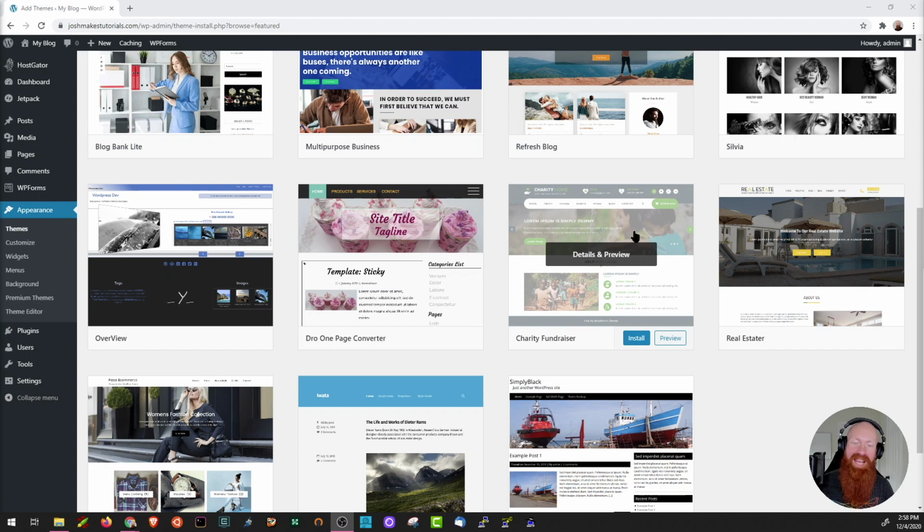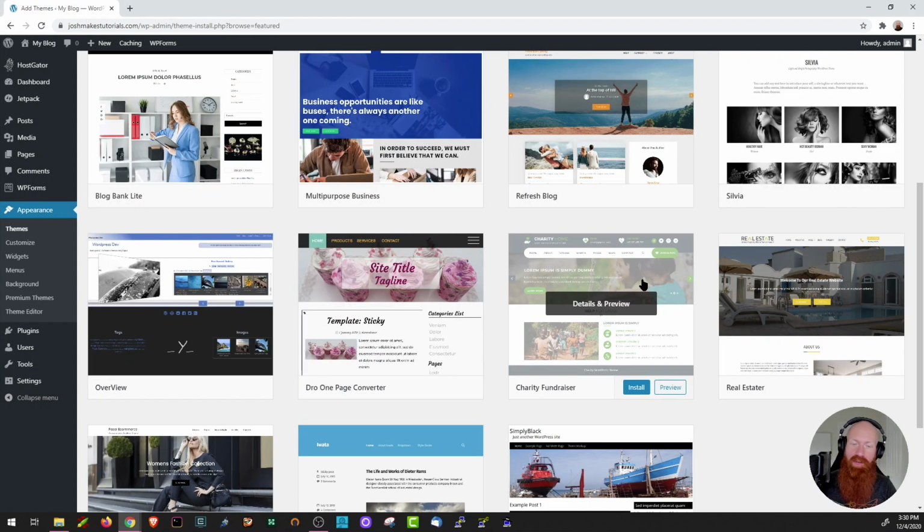Now, one important aspect of building your website is thinking about how people are going to access it. It's 2020 and most website hits are going to come from a mobile phone, so this brings us to an important point when you're choosing your theme, and that's mobile responsiveness. Mobile responsiveness basically means that the theme will pull the contents of your website into a mobile-friendly version that's easy to navigate from a phone or a tablet. I recommend always selecting a theme that is completely mobile responsive, because this will make things a lot easier down the road, so you don't have to build something additional in order to make your site mobile-friendly for your visitors.